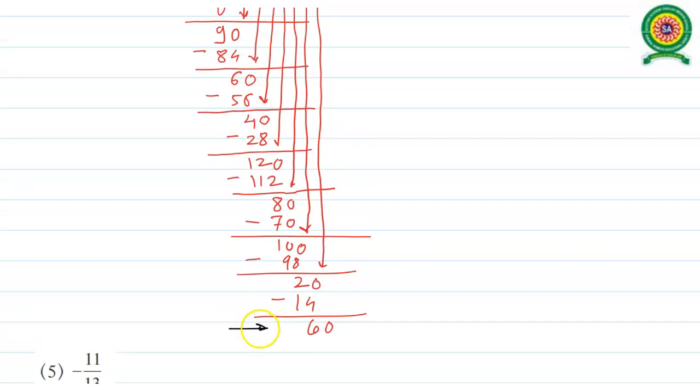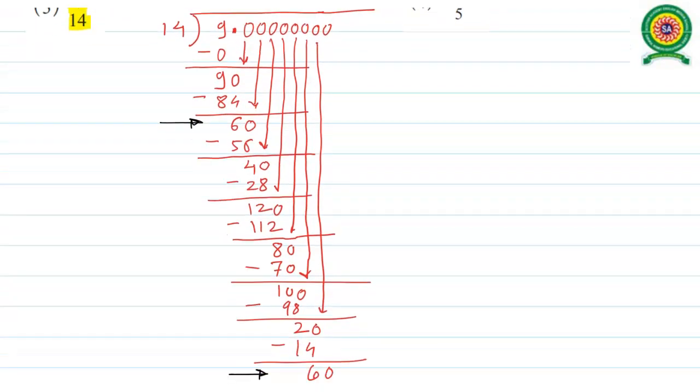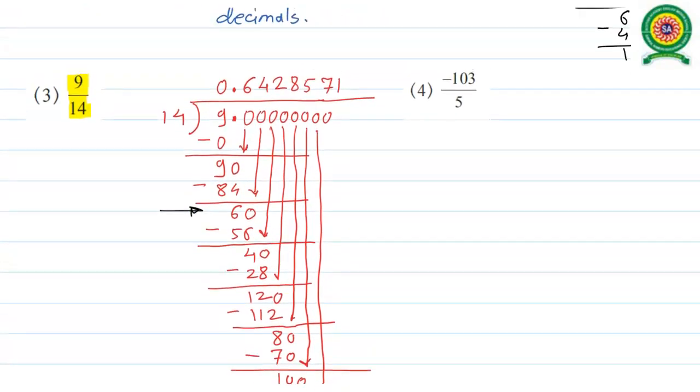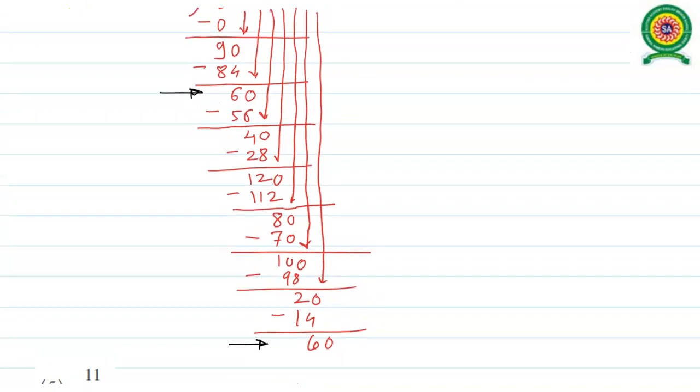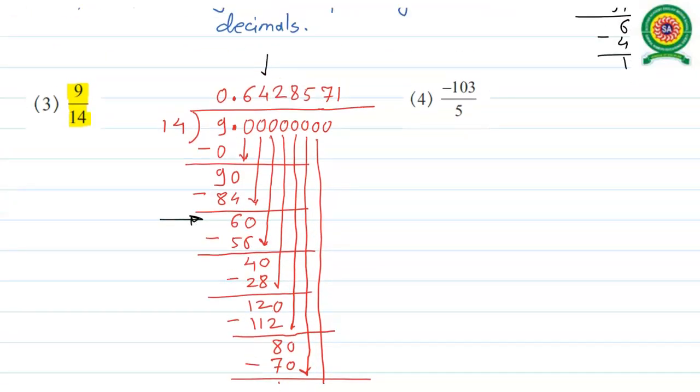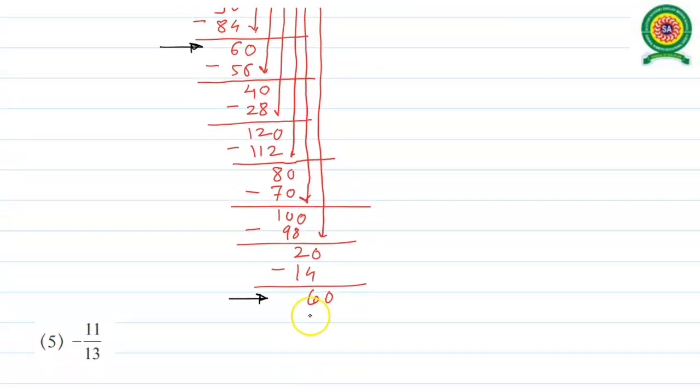Now look at the remainder, and compare with the second step remainder in our division. Both are identical, 60 and 60. So after 1 we have 428571 again, 428571. Look carefully. The remainder becomes 60. So 14 4s are 56. Again the remainder becomes 4, the next 0 comes down and it generates 40.